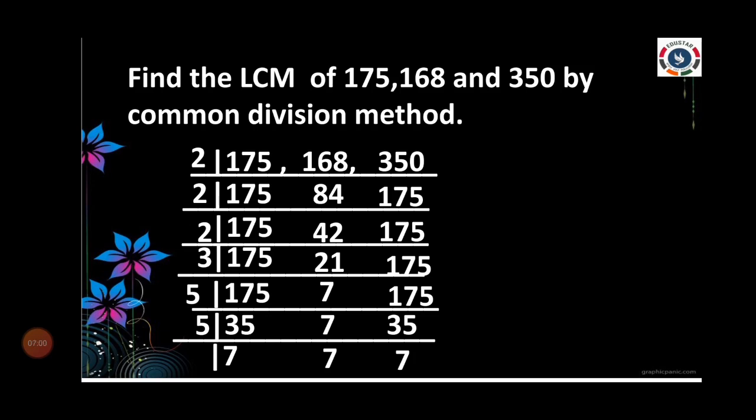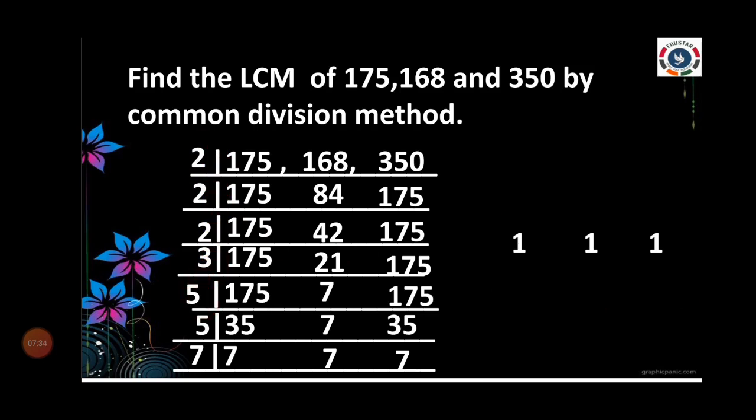So all are prime numbers. So use the same prime number to divide the value. Okay, so I'm going to write 7 outside, and if you divide, what do you get finally? 7, how many times of 7s are there? 1 time. And next, we have 1 time, and next, we have 1 time. So we are writing 1, 1, 1. So we completed that. So what all factors are we getting? 2, 2, 2, 3, 5, 5, 7.